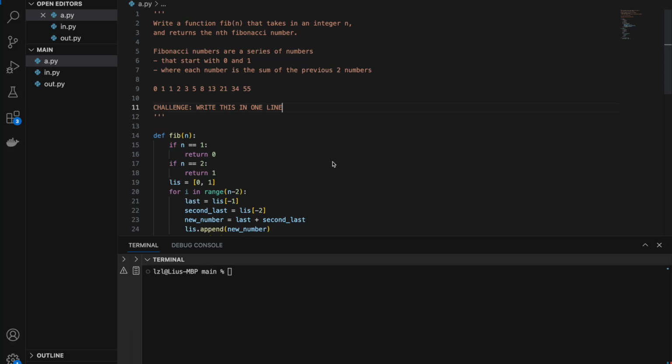Write a function fib_n that takes in an integer n and returns the nth Fibonacci number. So here, Fibonacci numbers are a series of numbers that start with 0 and then 1, and where each number is a sum of the previous two numbers. So here, by default, we start with 0 and 1, and the next number is the sum of 0 and